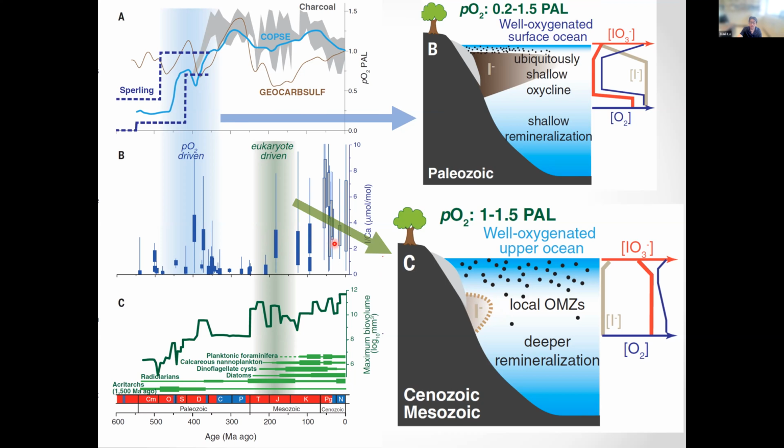What may control the OMZ is the remineralization of organic matter. Surface water productivity will give you a lot of organic matter. If this organic matter doesn't sink through the water column very fast, it gets decomposed within the relatively shallow part of the ocean, and then you're going to end up with these shallow so-called oxyclines in a lot of places around the coastal regions,